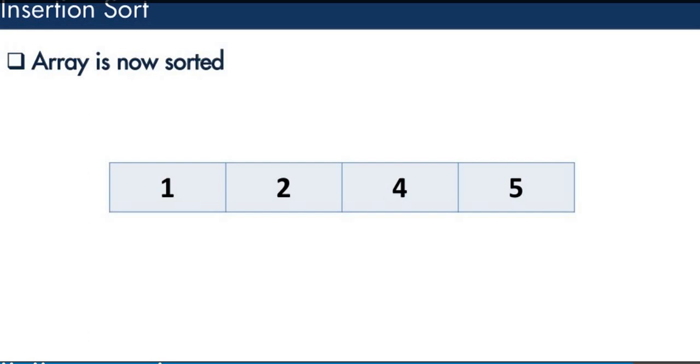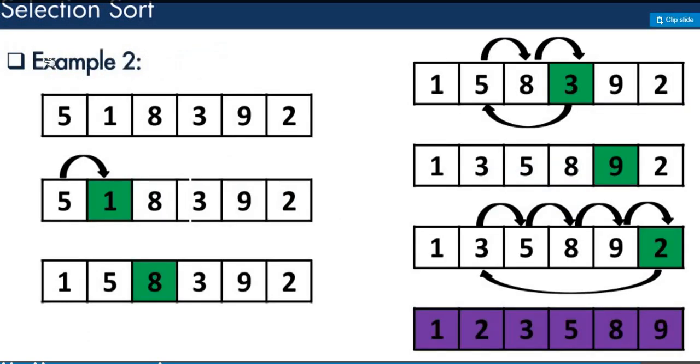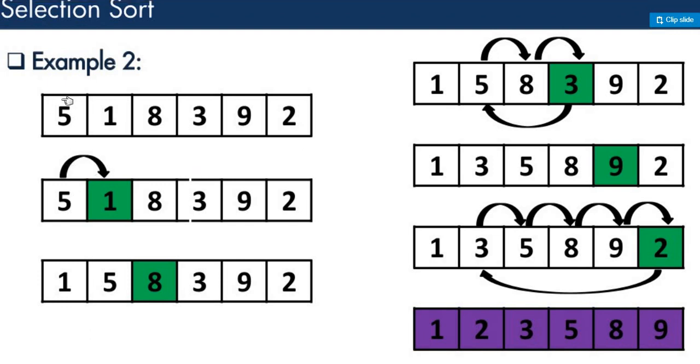So you can see one more example for this. For insertion sort here, 5, 1, 8, 3, 9 and 2 are the elements. As I have said, if you take one number, by default it will be sorted, so you have to choose the next element. This element will be compared with this number, whether it is smaller or greater. If it is greater, then this number will be placed after this, otherwise it will be placed before this number. Since 1 is smaller than this first element, 1 will be placed before 5.